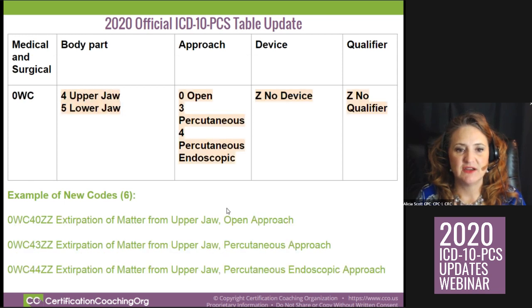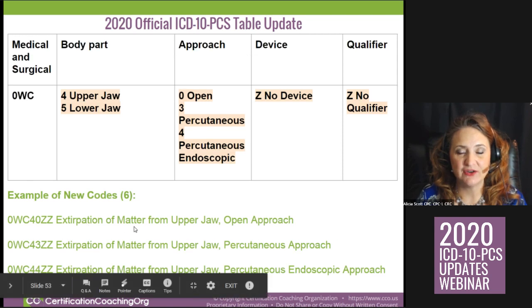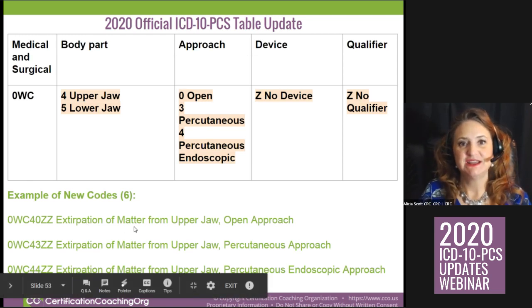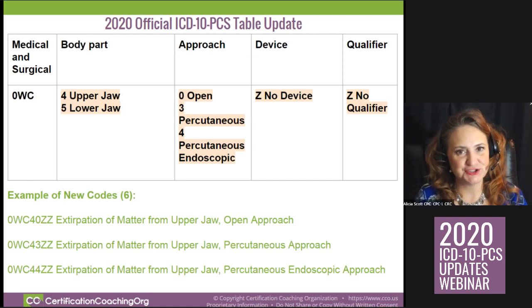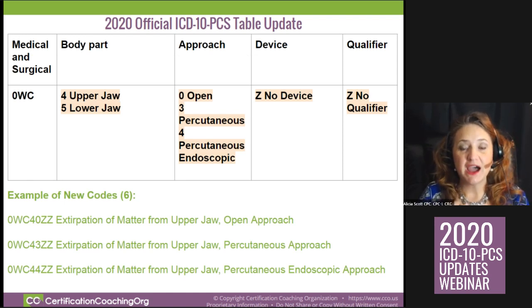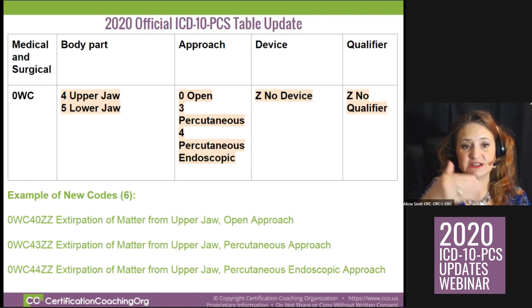options. Then we have 6 new codes because they added to OWC. We're going to do an extirpation of matter. Now, extirpation is probably a root operation that you're not very familiar with. I urge you to go look it up, look at the definition. If you have a PCS manual, it's all through the manual, but you can Google it or you can go to your encoder. I am going to rein myself in and control myself